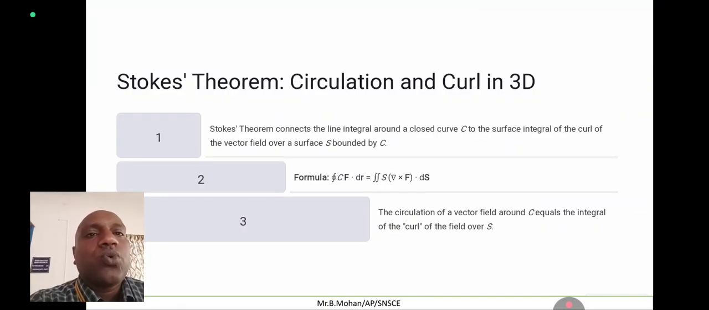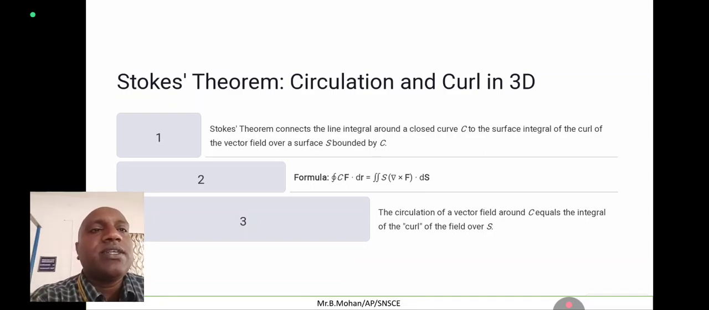Then the Stokes theorem, which involves the calculation of curl in 3D. The divergence involves the dot product and the Stokes involves the cross product, so we have to compute the curl in three dimensions. There are three steps here. The Stokes theorem connects the line integral around a closed curve C to the surface integral of the curl of the vector field over the surface S bounded by